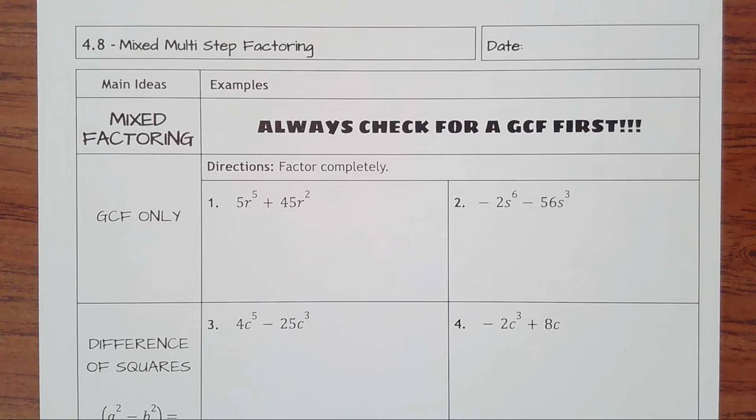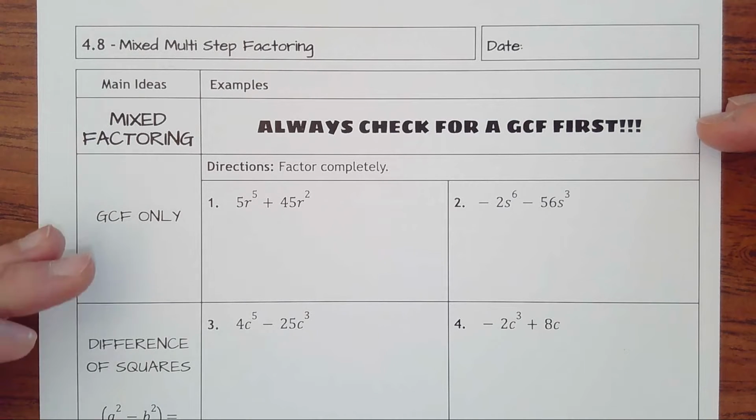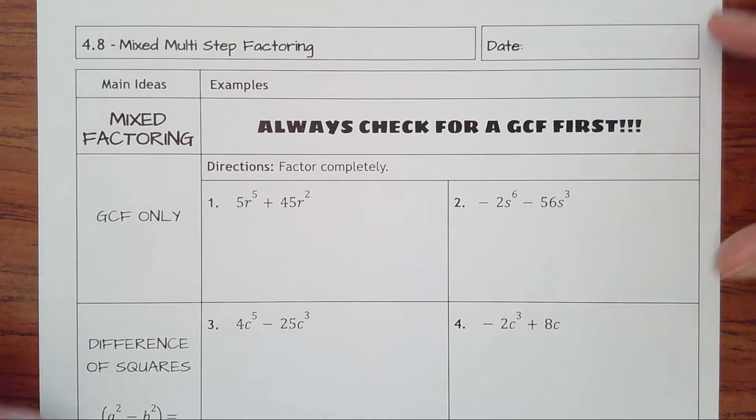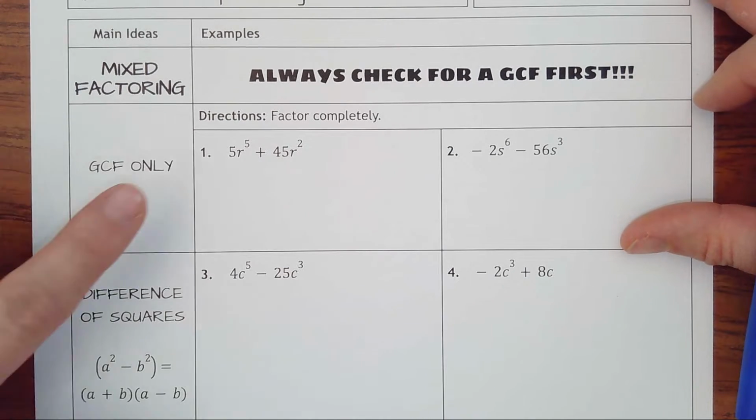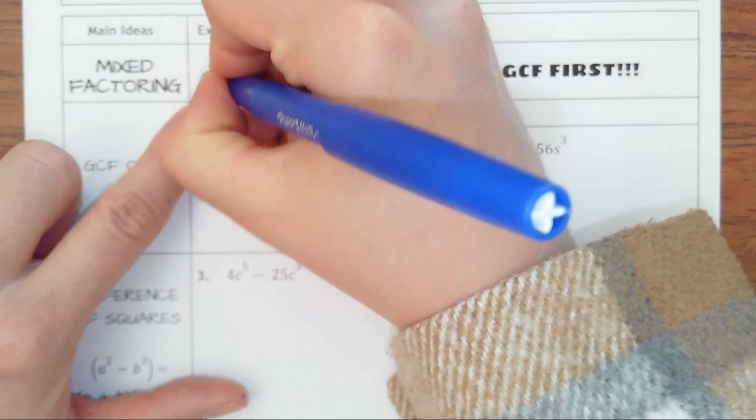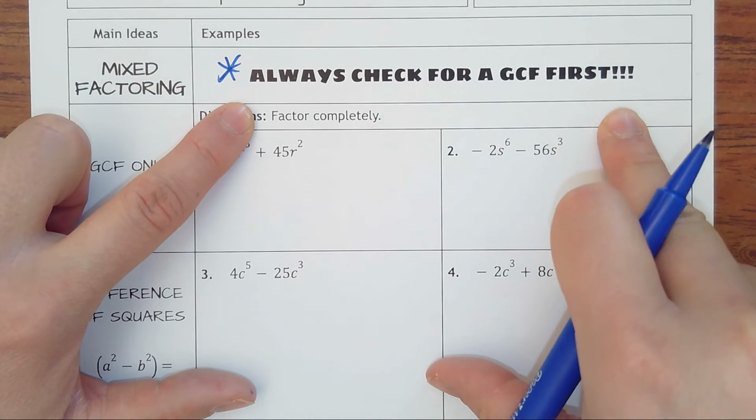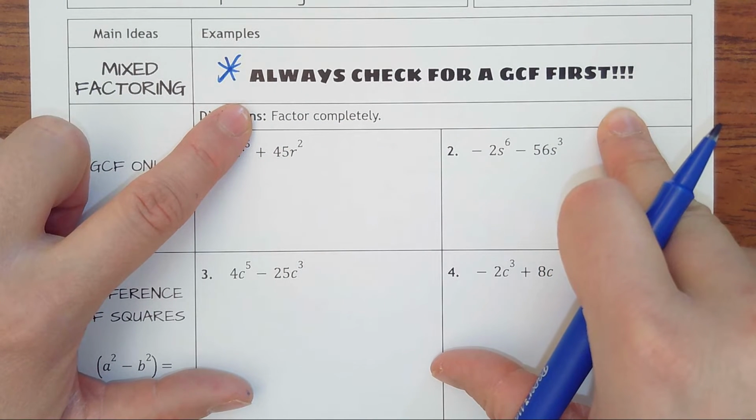Lesson 4.8, mixed multi-step factoring. So this is really the end goal, is throwing any kind of problem at you and you identifying, how do I factor it? And over here on the left are the different categories. So this will take a little bit of time, but it's going to go through everything that you might see. And my biggest advice to you, always, always, always check for a greatest common factor first before you do anything